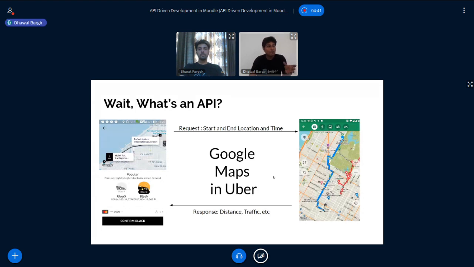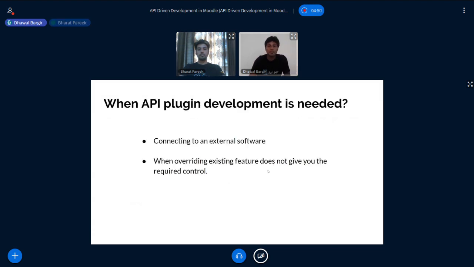So now that you have a fair understanding of this API, let me shed a little bit more light on when this API development is needed. One approach is when we are connecting disparate systems like Uber and Google. And the second is when overriding an existing functionality in a particular software, being on the same platform, does not give you the required access.